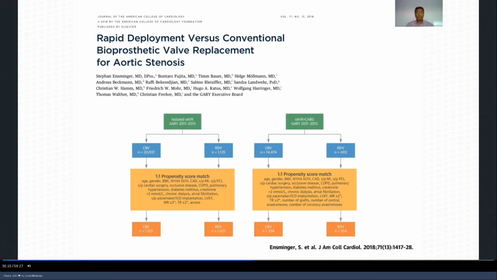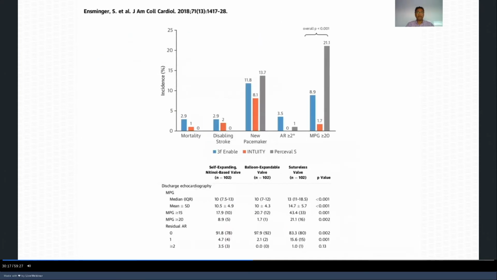He then did a further propensity analysis looking at 3 cohorts of patients with rapid deployment technology: the 3F Enable, the Intuity, and the Perceval. Just to note, the 3F Enable is no longer in the market. But what was very interesting was the performance of the Intuity. The number of patients who had a mean gradient above 20 was less than 2% compared to the rest of the valves. There were no patients with more than moderate aortic incompetence,